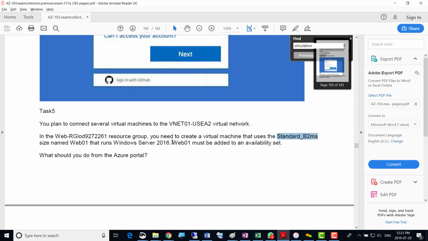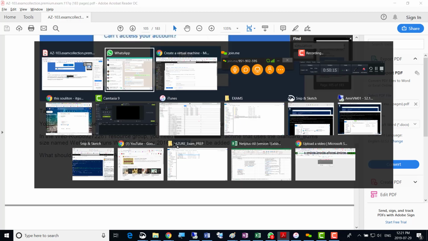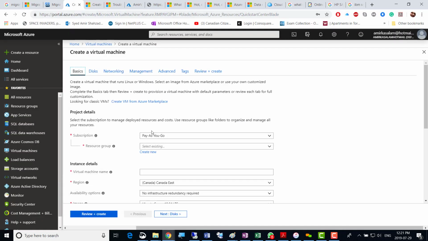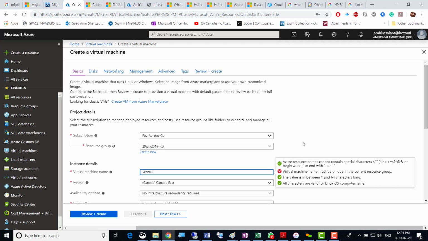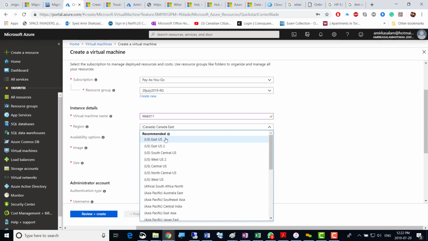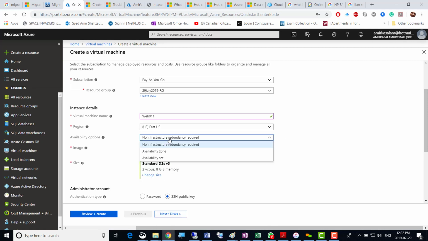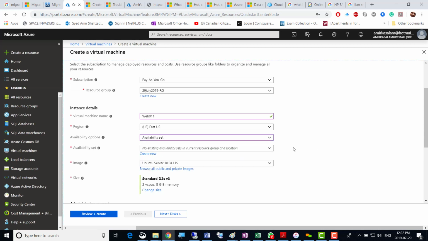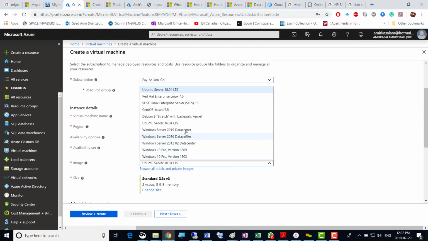Web01 must be added to an availability set as well. So okay, Web011 I'll just create, because Web01 is already created there. It is attached to some resource group here, and the machine name is this, and I'll just go for 1.1 now, and it's US East, and it should be availability set, and it should be 2016,